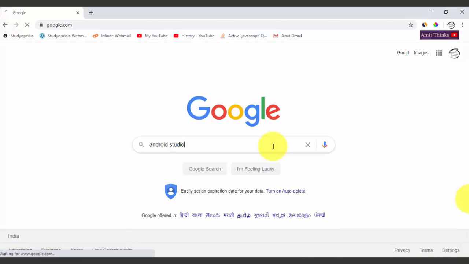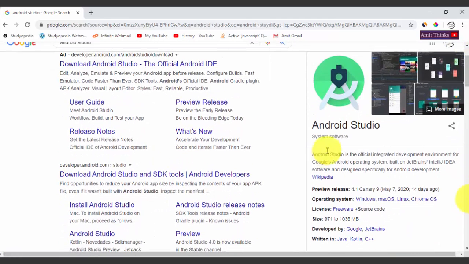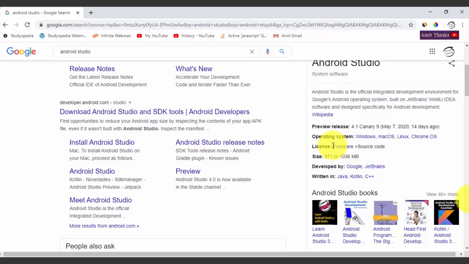Here first go to Google, type Android Studio. Here you can see the link is visible. On the right you can see that Android Studio is an integrated development environment by Google. It is built on JetBrains and the current release is 4.1 preview release. It supports Windows, Mac, Linux, Chrome OS. License is freeware. Developed by Google and JetBrains, and it is written in Java, Kotlin,